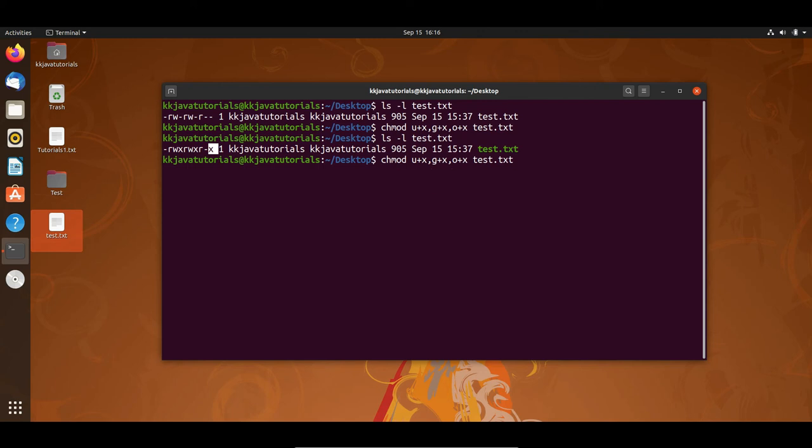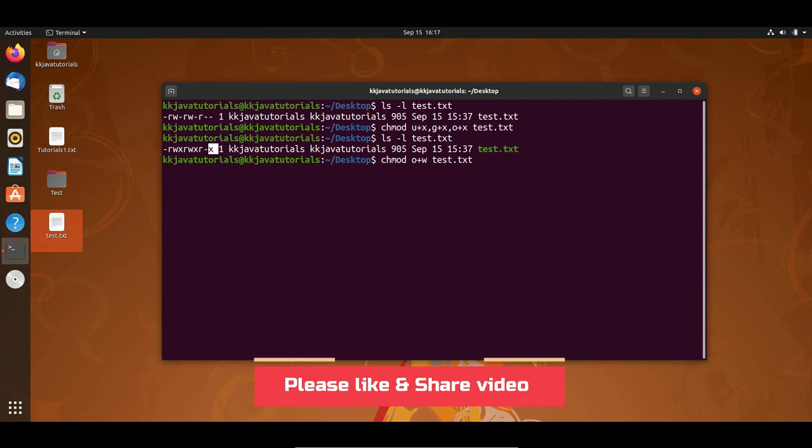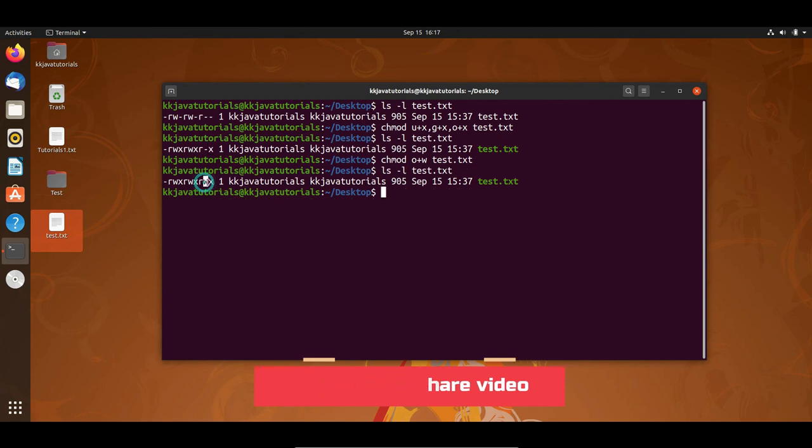Now here it's not necessary you have to assign these permissions for user, group, and all, right? You may take any one option as well. So let's say I would like to add other user write permission as well, right? Everything should be small. And if I press enter, O plus W means I'm adding write permission to other user. O stands for other. And of course you need to give the file name. If I press enter and if I do ls minus L, then here you can see a write permission is also assigned to the other user as well.